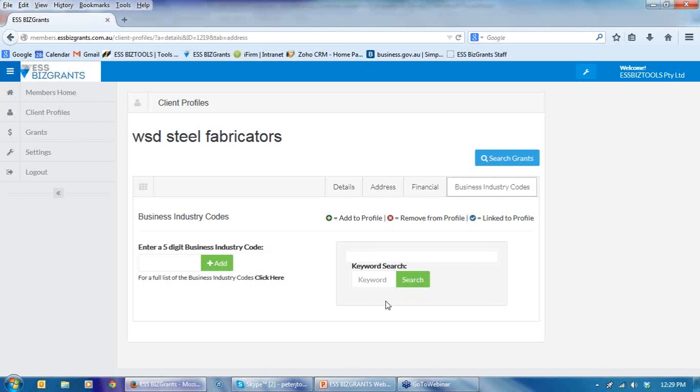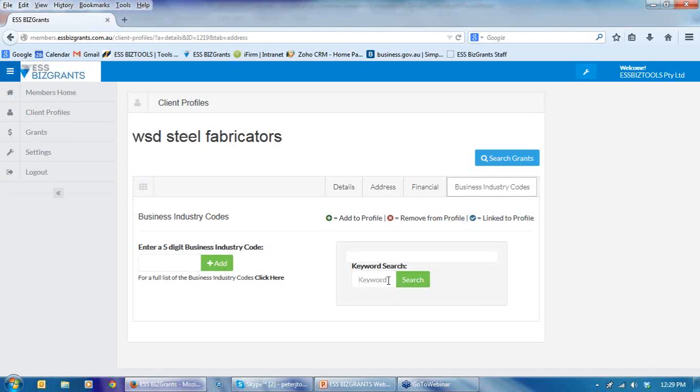So we could have a keyword which you can insert as long as it's part of the description of the industry in accordance with the ATO business numbers. Or if you know the number, which many of you will because you're putting it into the tax return, you can just type the number in.